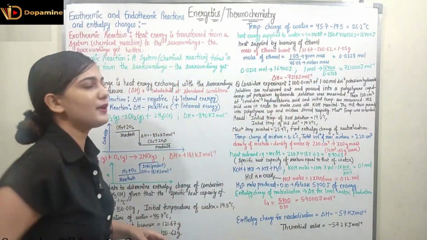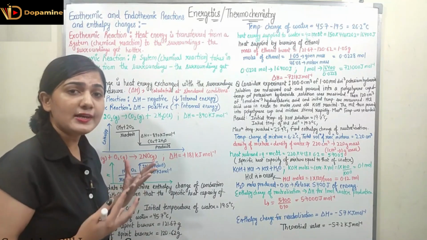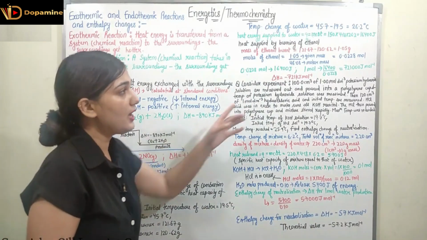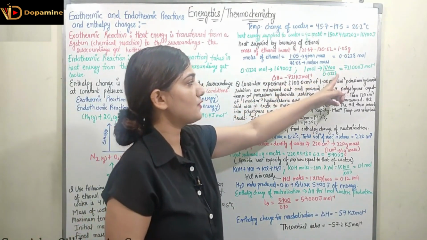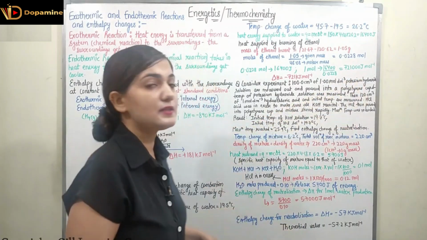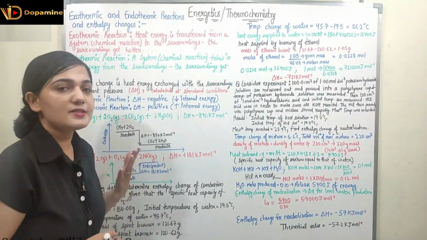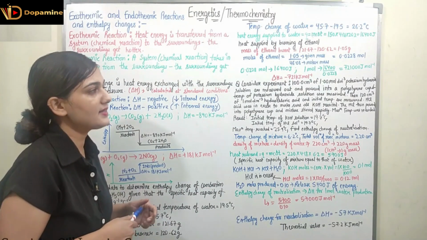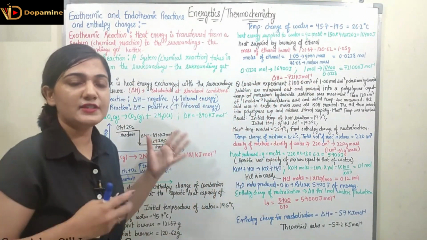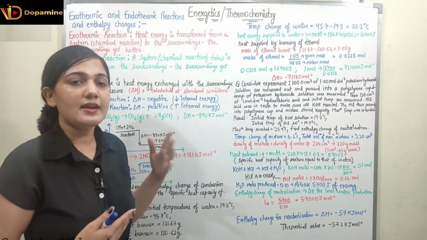So now I know the number of moles, and for 0.0228 moles, how much heat was produced? 16400 joules. So for 1 mole I will be producing 16400 divided by 0.0228. So that is 721,000 joule per mole, and I can also represent it in kilojoule. So that would be the specific heat capacity, that is minus 721 kilojoule per mole. Why minus? Because by burning of ethanol, heat is released in the environment, and I can say delta H is